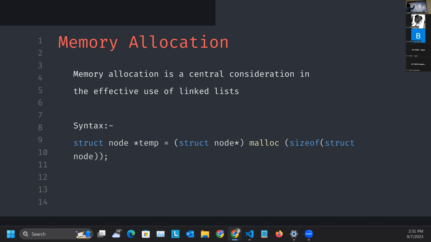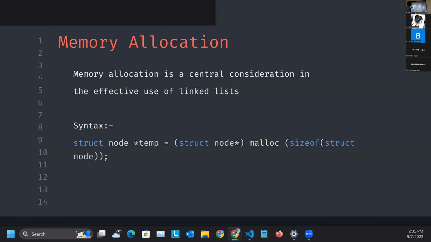So consider this is your memory, right? This is your memory, some conceptual idea, right? So there is a node, right? We are initializing a node inside our memory, right? So this is an integer. This name is data, and this one is next, right? So we have initialized or allocated a memory using malloc, right? So the name is temp,